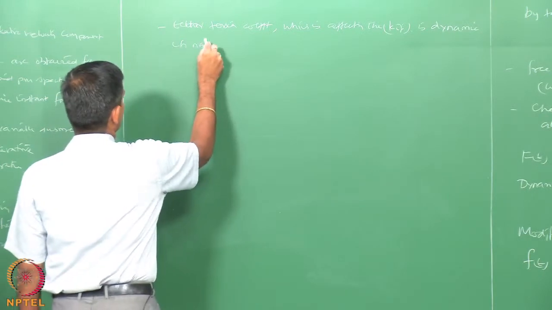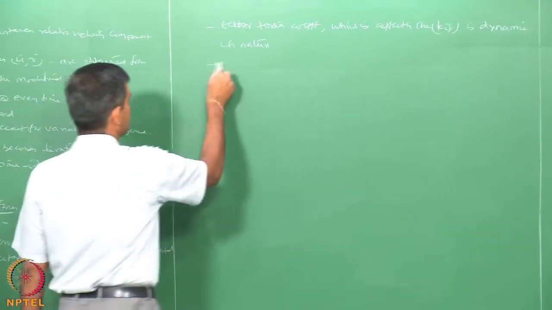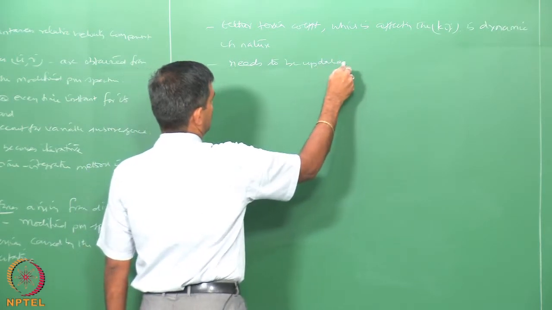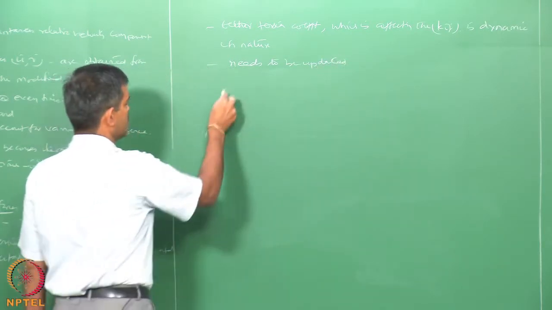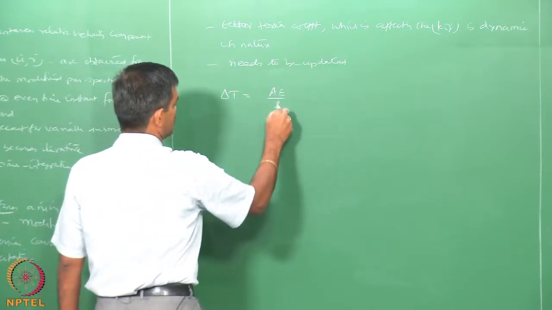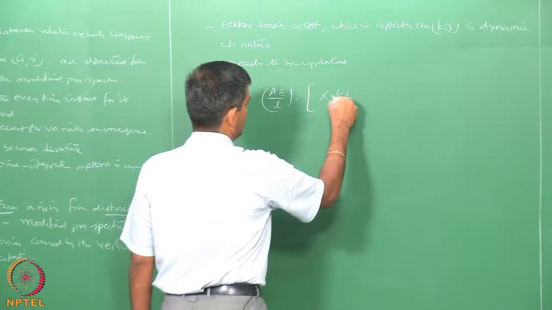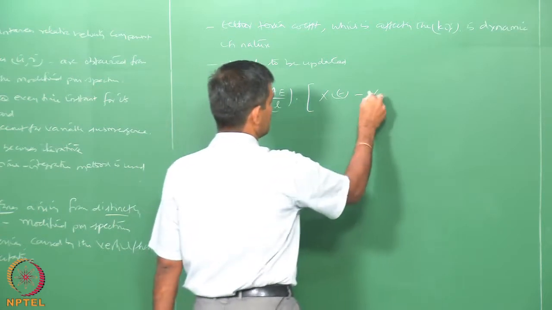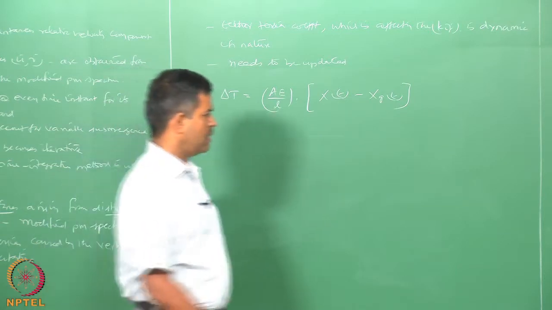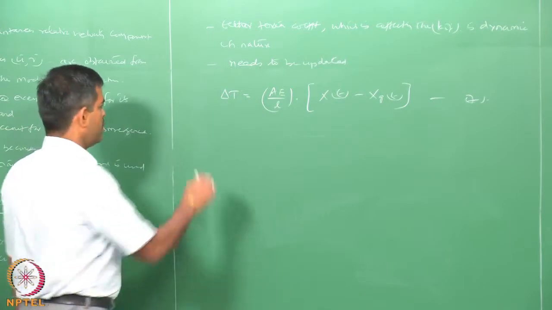It varies with time, and it needs to be updated. It is given by, let us say that the variation delta T is given by the ratio of x of t minus x g of t, the ground displacement. Let us call this equation number 7,